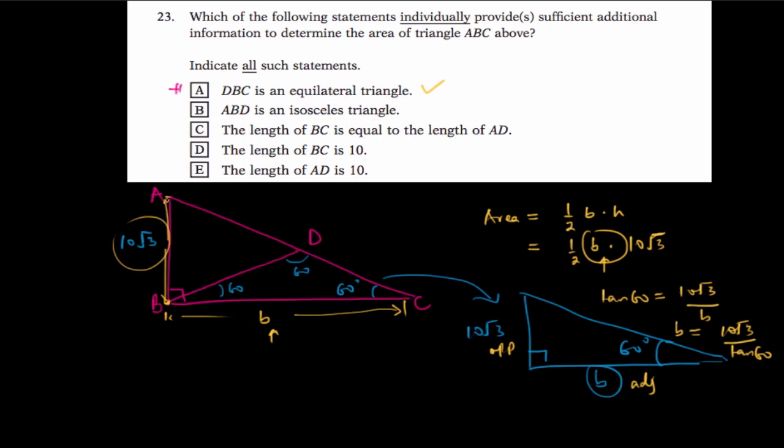Now the next one says ABD is an isosceles triangle. ABD. Now this is A, this is B, and this is D. Now if it says ABD is an isosceles triangle, an isosceles triangle is actually a triangle that has two of its sides equal. So that's what an isosceles triangle means. So now, looking at ABD,